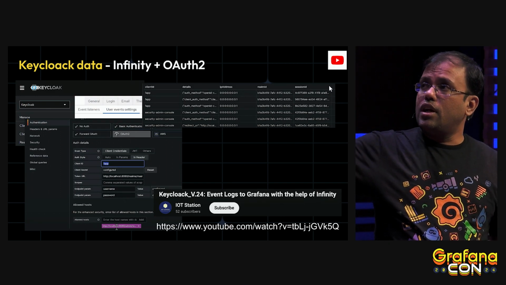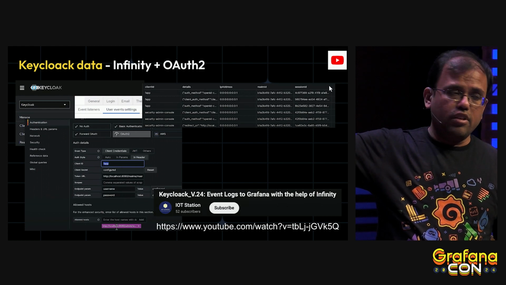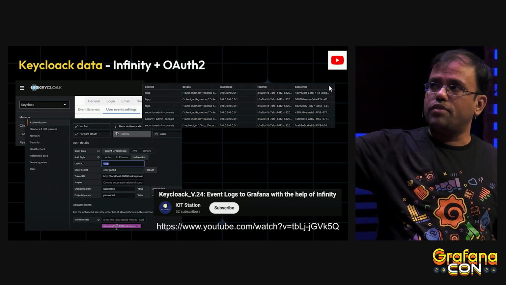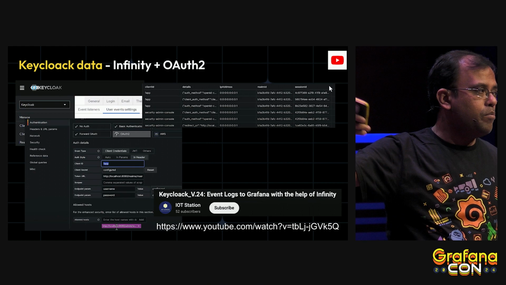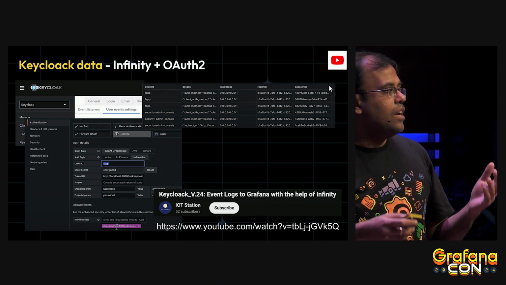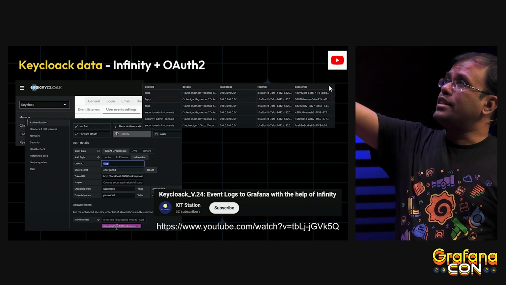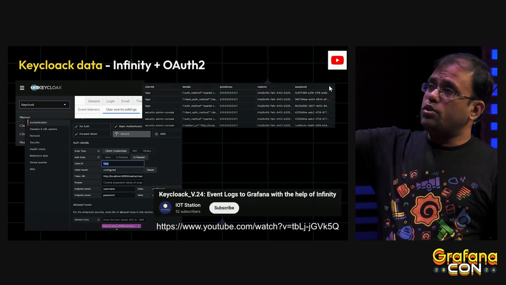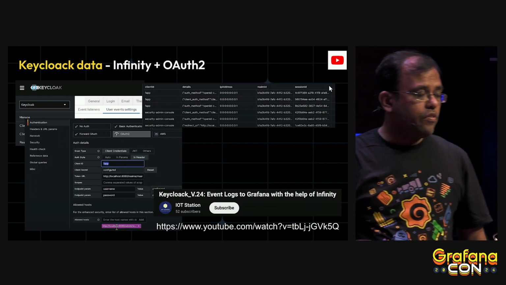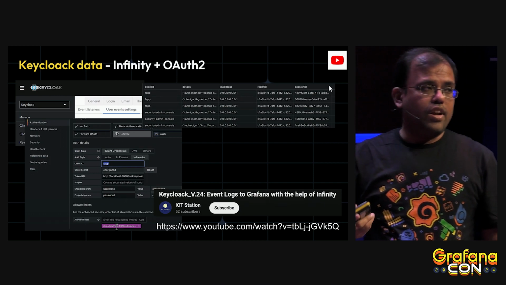So the user made use of Infinity's OAuth 2 authentication and specified all the details they want to pass to the API, so that the API can be authenticated and authorized and get the relevant data. So this is the example and how they visualize. And once you get the data, you can even do alerting on top of it. You can do all the cool Grafana things.